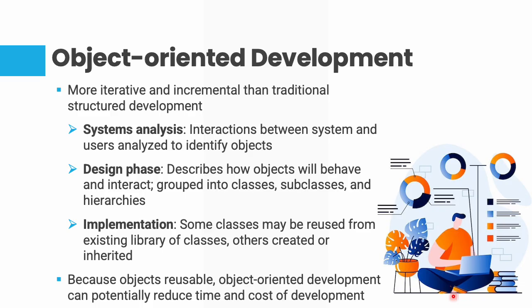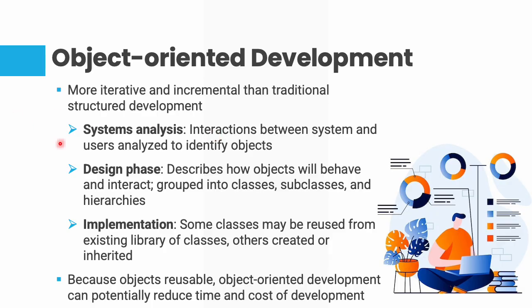And now, how does it work in practice? Okay, so let's go back to the object-oriented development concept. In system analysis, we focus on the interactions. We observe how users will use the systems and identify the objects involved. For example, in a library system, the objects could be the book, the user, or loan. Okay,